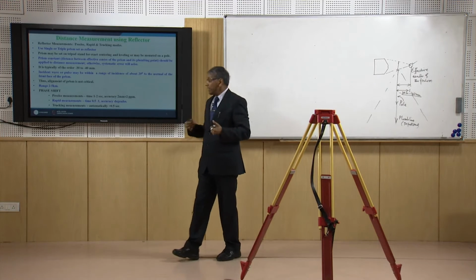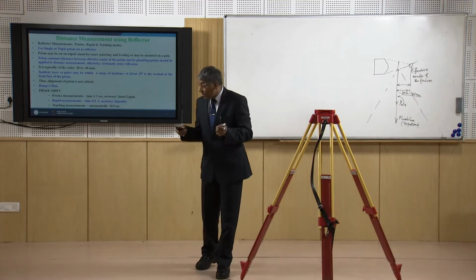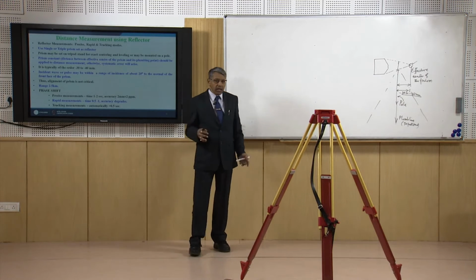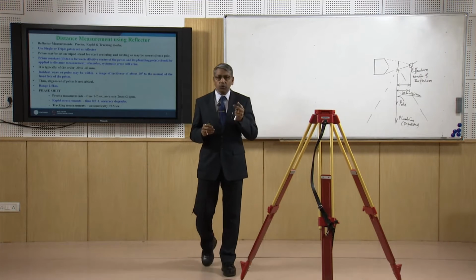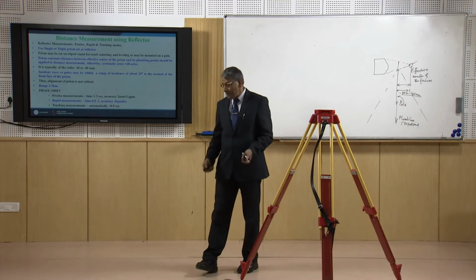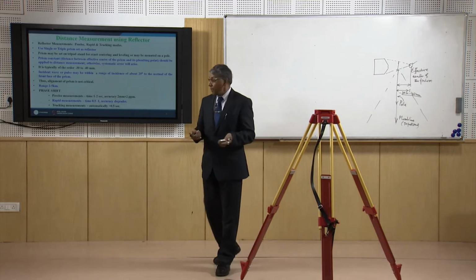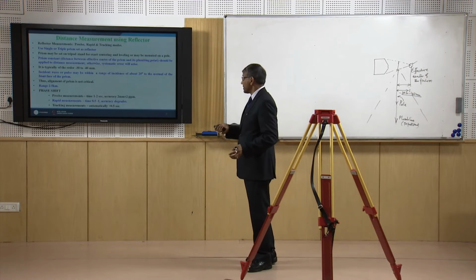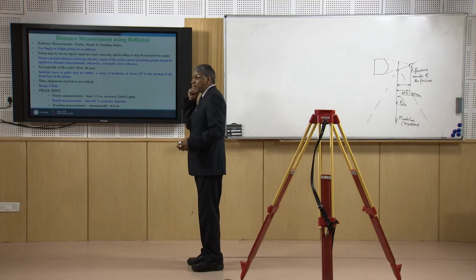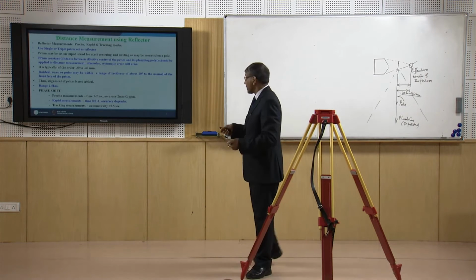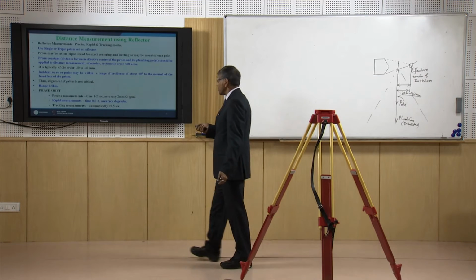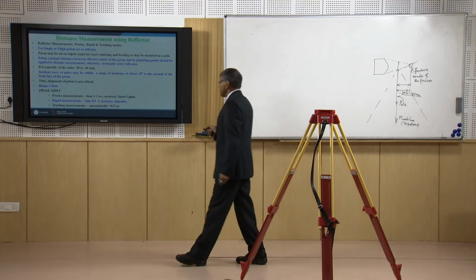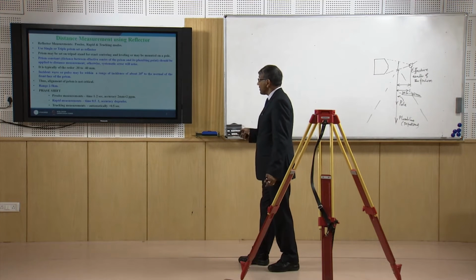So, in that way we can be very productive in our work in surveying. Now, already I told you that the distance measurement can be done in two ways. One is the phase shift method and another is our pulse measurement method. Now, in the phase shift method, if we make use of a reflector, we better go to the phase shift method of measurement, and that provides us a very precise measurement, and the time taken will be very small, 1 to